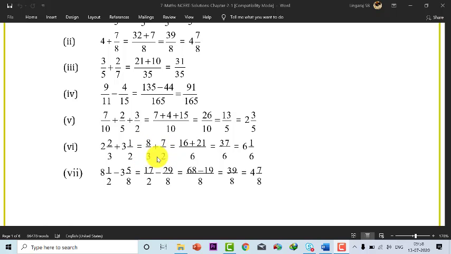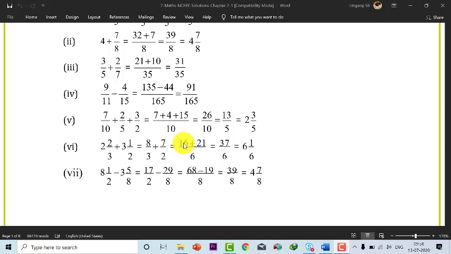So the LCM of 3 and 2 is 6, because 3 and 2 are co-prime numbers. As I said in the online class, 3 and 2 are co-prime because they are divisible only by one and themselves. So 3 2s are 6. Then 3 into 2 is 6 and 2 into 3 is 6. So you should imagine we multiply this 3 by 2, and multiply this 8 by that 2. 8 2s are 16 and 7 3s are 21.